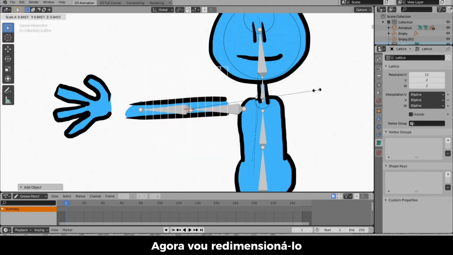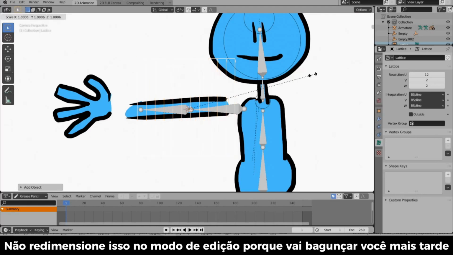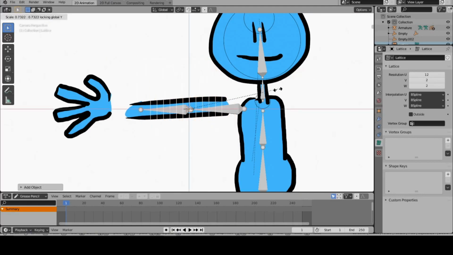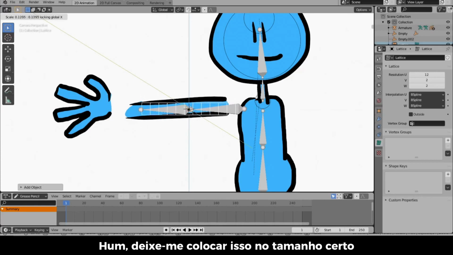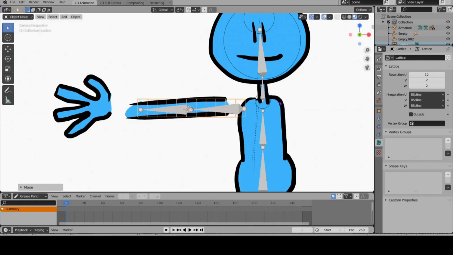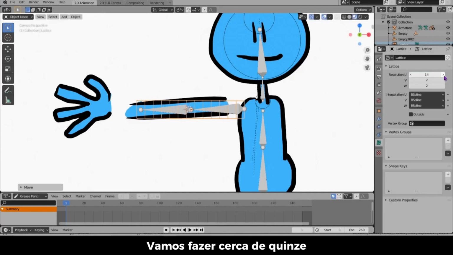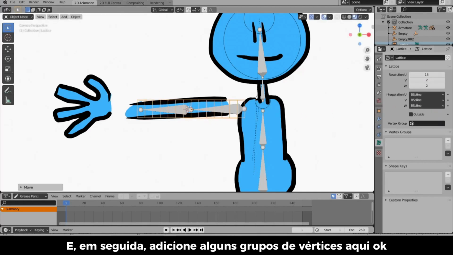Then I'm going to resize it. Do not resize this in edit mode, because it will mess you up later. Let me just get that to the right size. I'm pressing S and then Shift X to resize that, and then S and X, resize that along the X-axis. We can actually add more divisions. Let's make it about 15. And then add some